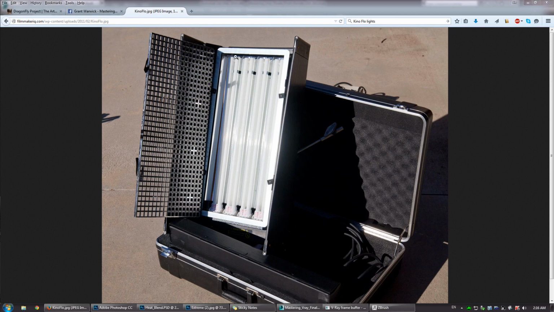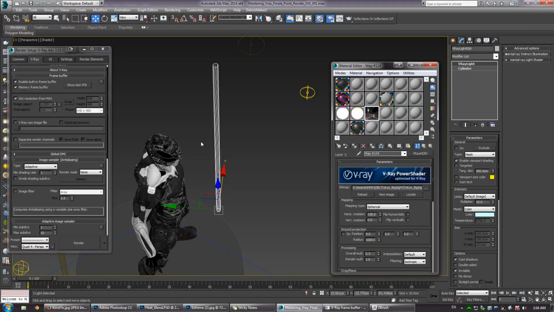You can see here that it's just an array of tubular lights, and the power of this is that through a computer system you can change the color of the individual lights themselves. So you can go from a cool blue through to a light blue, then to a white, then to an orange, and the effect that has is that you get a nice gradient of textures, of color coming through the light source. So this scene